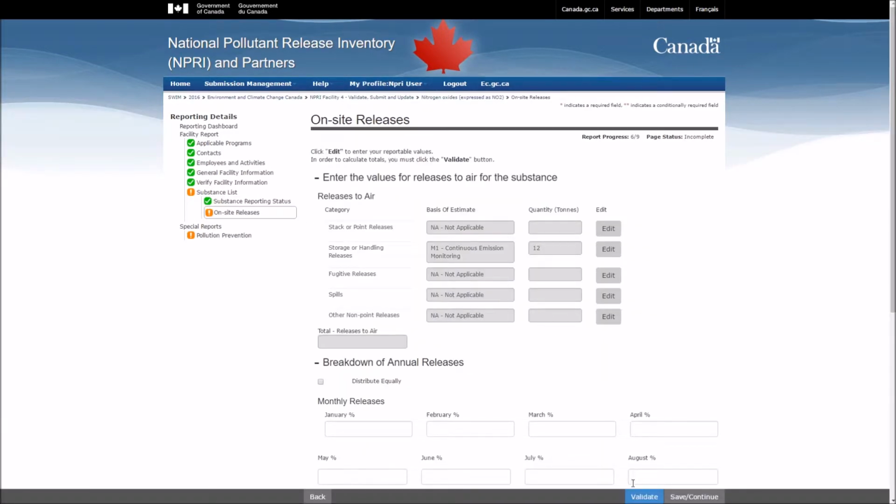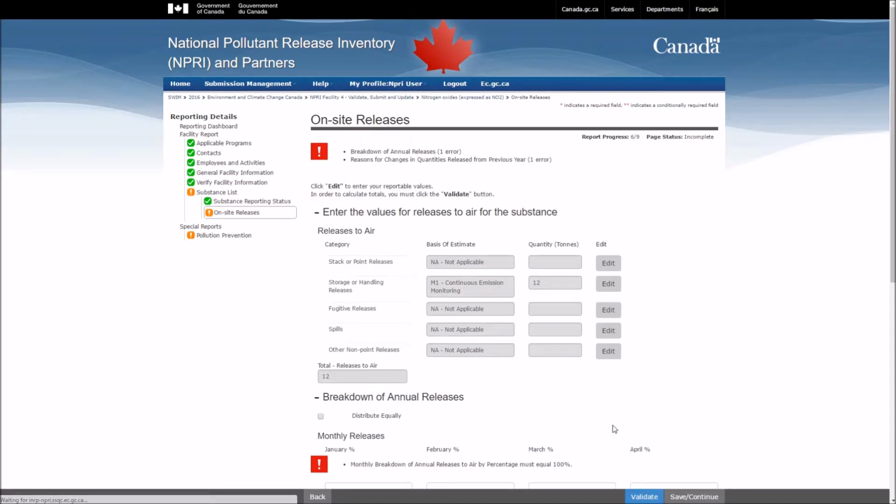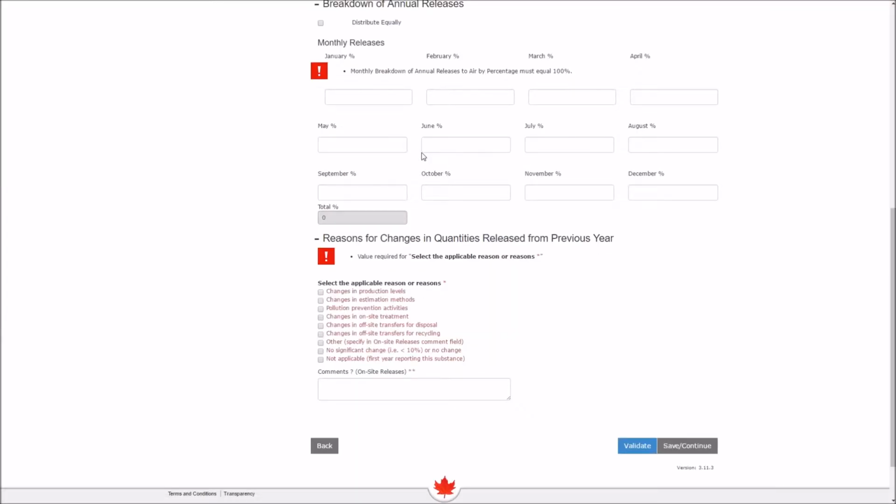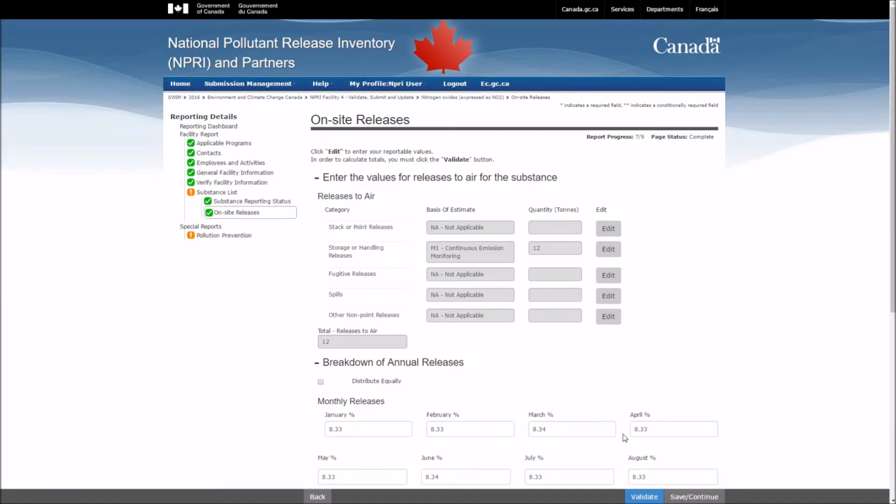If you click Validate at the bottom of the screen, the errors will pop up at the top. You can click on them one at a time to go directly to that section on the screen. In this case, we are missing our breakdown of annual releases and our reasons for changes in quantities released from the previous year. Make your selections and click Validate again to ensure you have saved all the changes on this screen. Now you see we have a green check mark on the left menu for this screen,